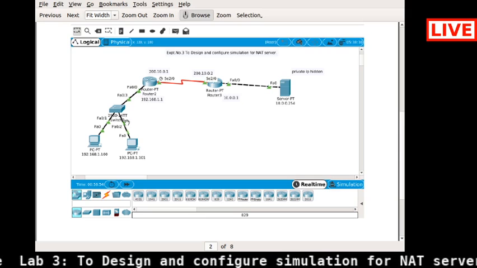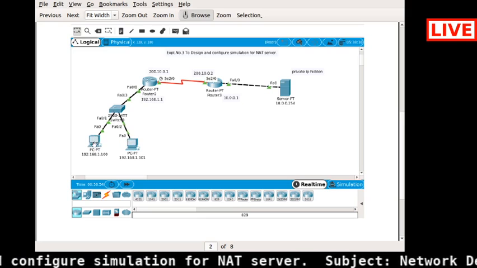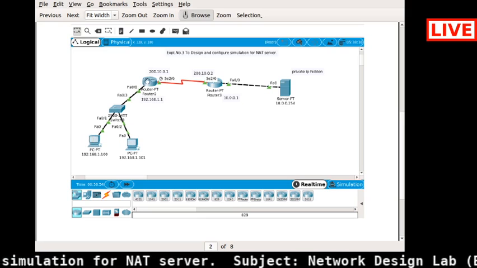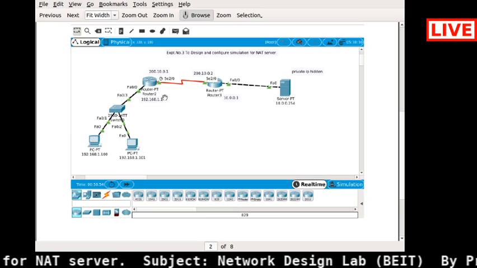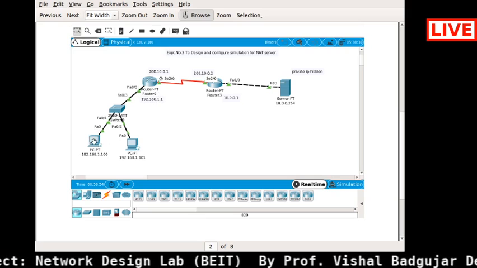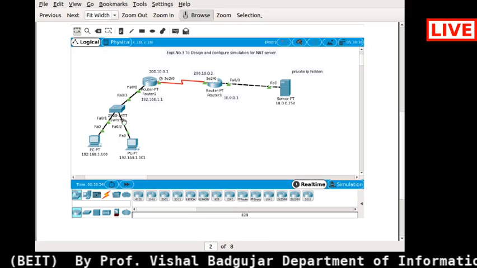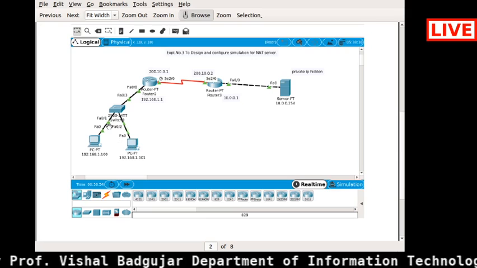And if you see here, it will also be successful. Why? Because we put the gateway as this particular router's IP address. So this 192.168.1.1 we have put in this PC's gateway and also in this PC's gateway. So that's why these links are also in a green color. So it will also be